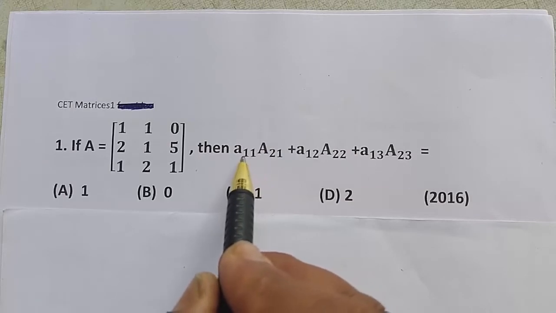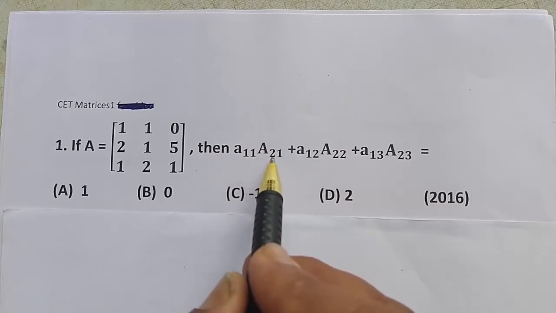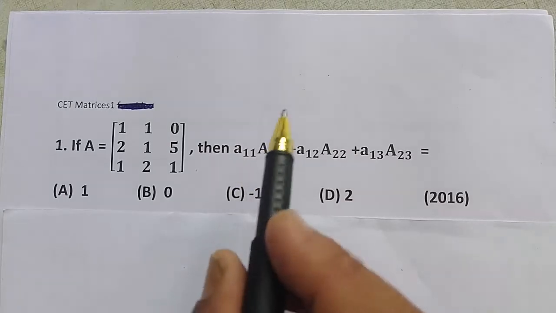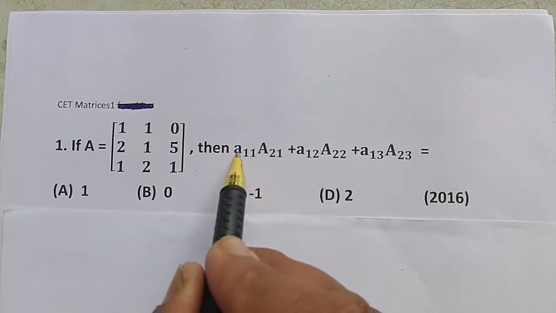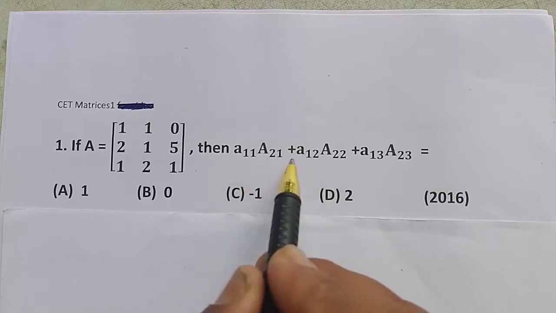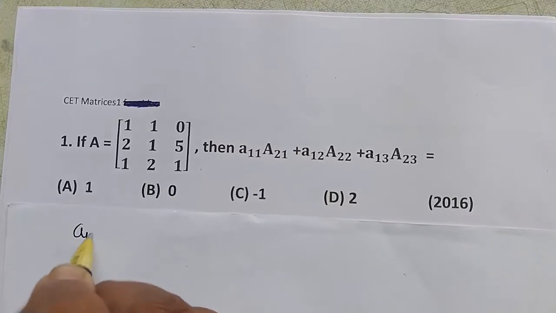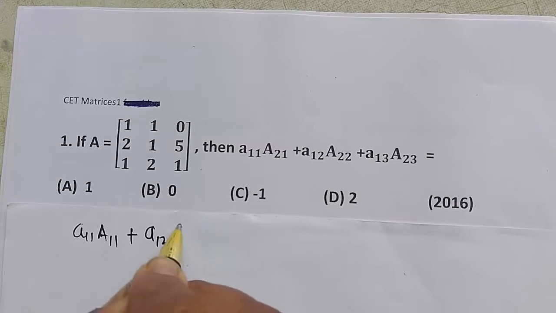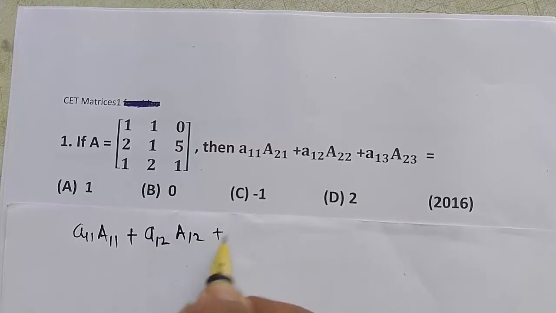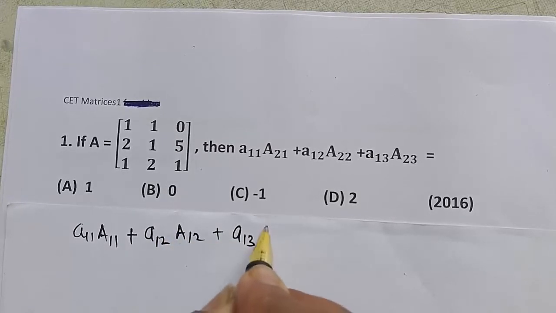In this product a11 and capital A21, the suffixes of small a and capital A are not the same. If the suffixes are same, that is a11 capital A11 plus a12 capital A12 plus a13 into capital A13,